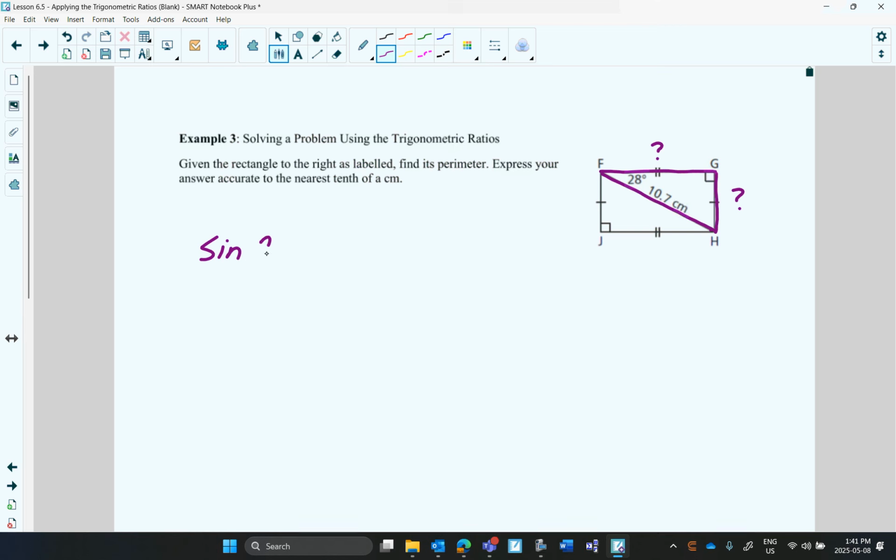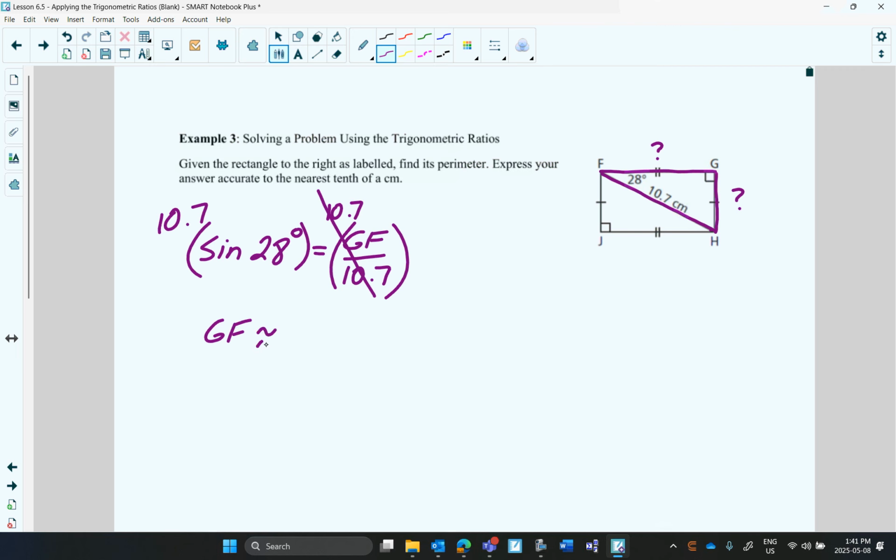So sine of 28 degrees is equal to GH over 10.7. Always get rid of the fraction first, so we multiply by 10.7, and that's going to give us our answer. 10.7 times sine of 28, which is approximately